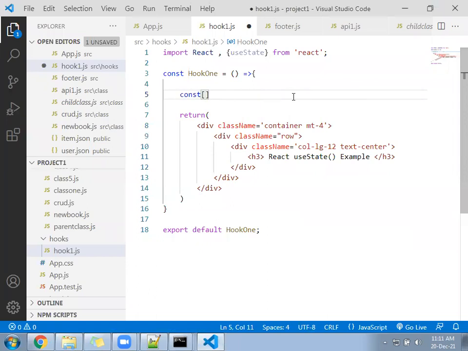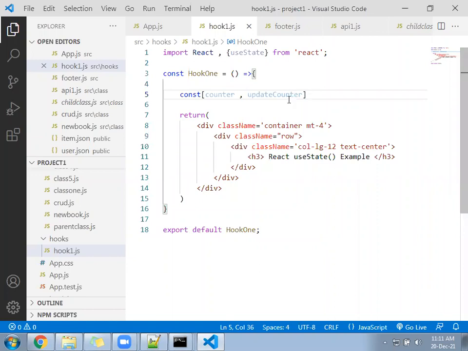So we wrote here a variable called counter and a second parameter called update counter. The first is a variable and the second is a function.